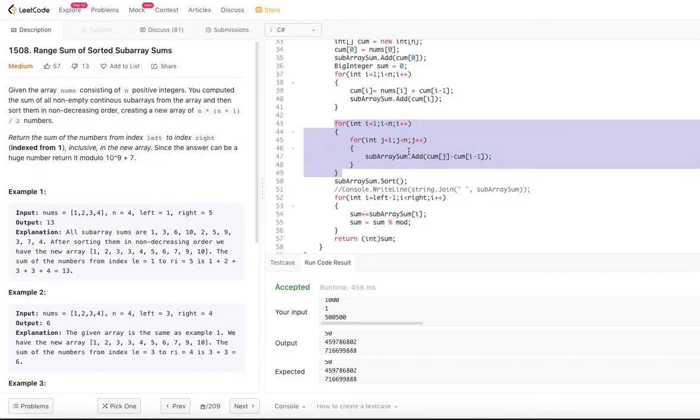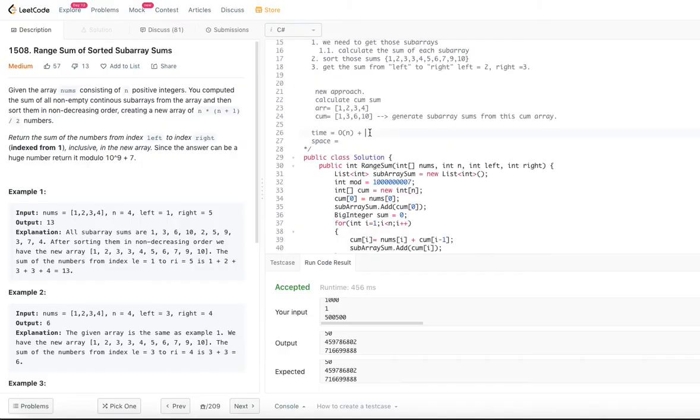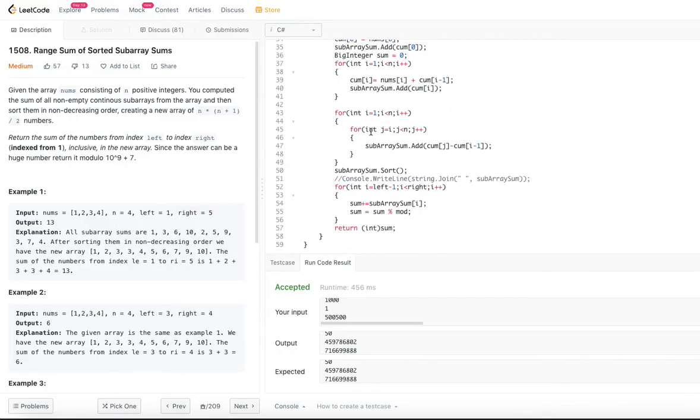It will be order of n square. Plus how much time is it going to take to sum from left to right? In the worst case, if left is equal to 1 and right is equal to n into n plus 1 by 2,